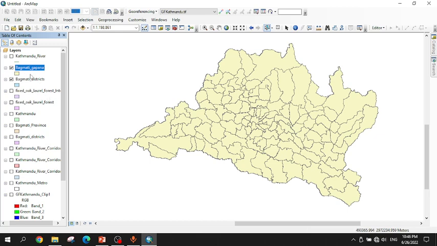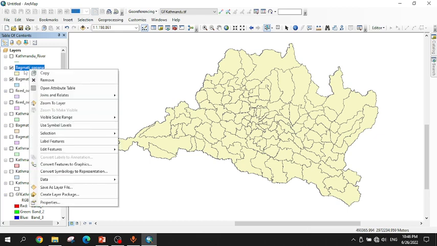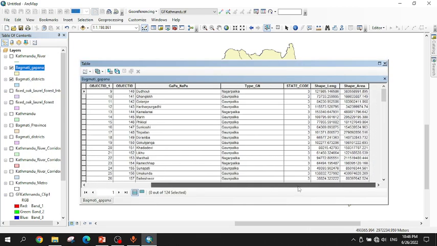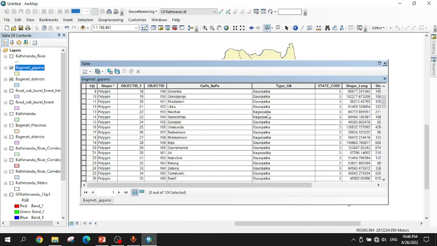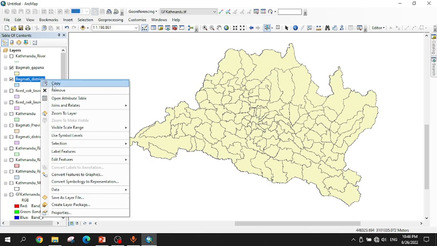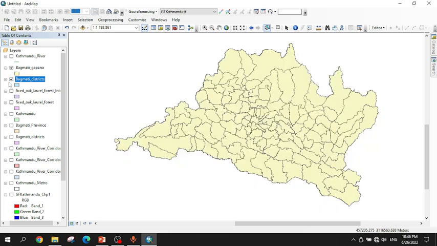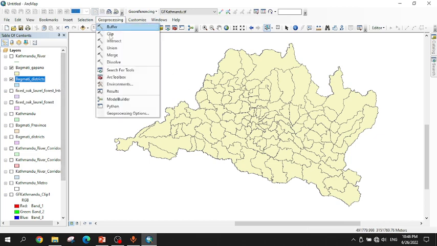At first we right click here, Bagmati Gaupalika Nagarpalika, then go to open attribute table, and from this table you can see the Gaupalika and the Nagarpalika name. In the Bagmati district, open attribute table, you can see the district name only, and we are going to merge the district and the Gaupalika Nagarpalika into one new shape file. And for that we are going to use the union tool, and for the union go to